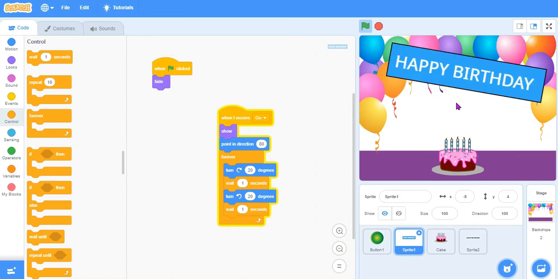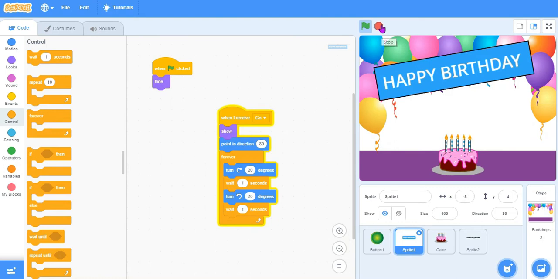Alright, so now we have it working. So spelling happy birthday to you. It's spelling now. Alright, so that is great about that one. So next is to have a shark, a wonderful shark,